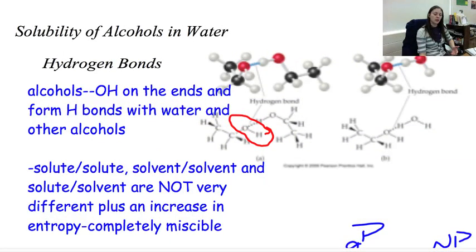Okay, another part of these solute-solvent interactions is going to be the solubility of alcohols in water. So if we've got hydrogen bonds, and if we have an alcohol, alcohols have OHs on the end, and I have one circled here. You had something similar on your take-home for chapter 11. They form hydrogen bonds on the end with water and other alcohols because they have OHs on the end. So this OH here is connected, and it's kind of a dotted